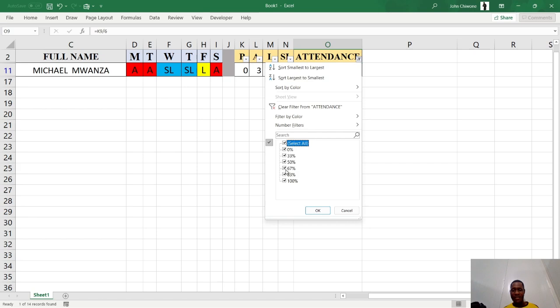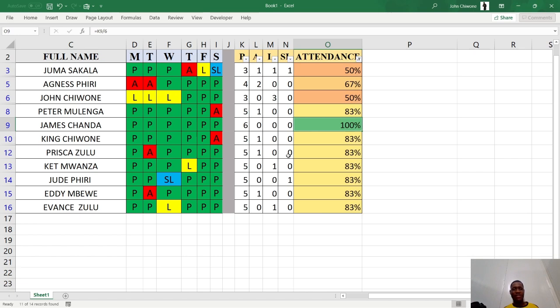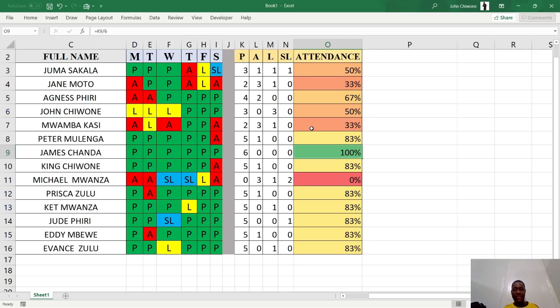I'll say, who are those who attended work above 50% of the attendance? Can we check attendance above 50%? Okay, only this number of people attended for more than 50%. So less than 50%, it means they have a problem. So I'll remove the filters. So it is as simple as that. The COUNTIF formula, you can use it perfectly and it will work for you. Thank you for